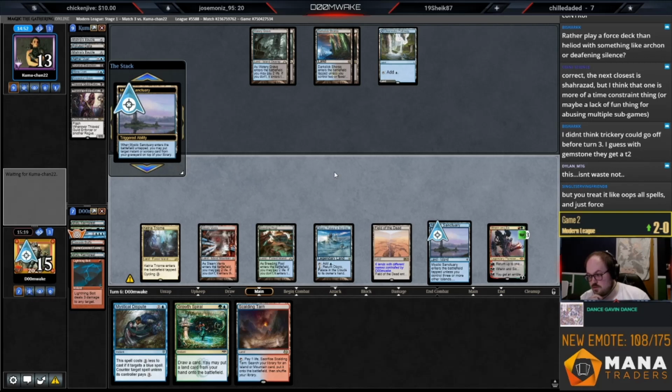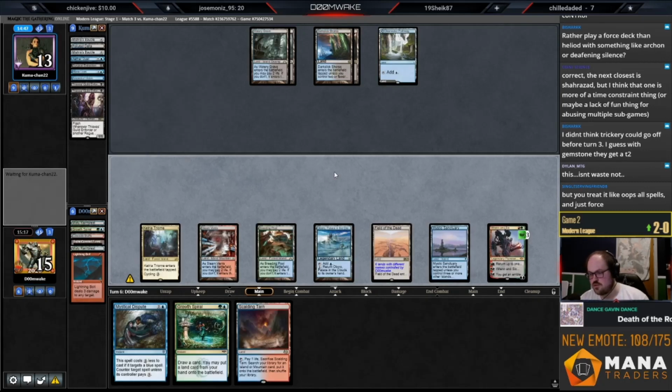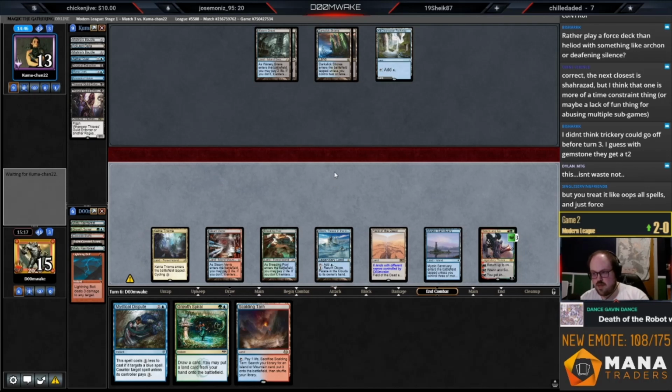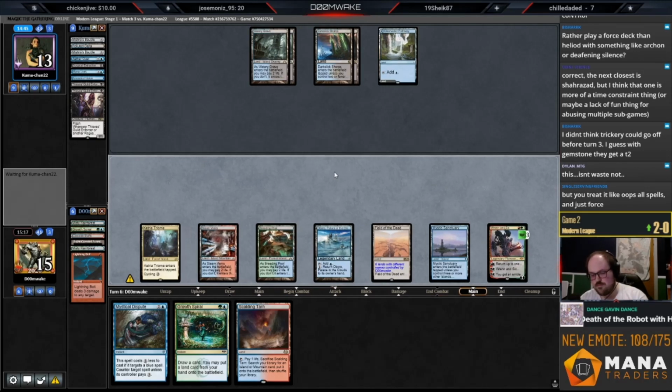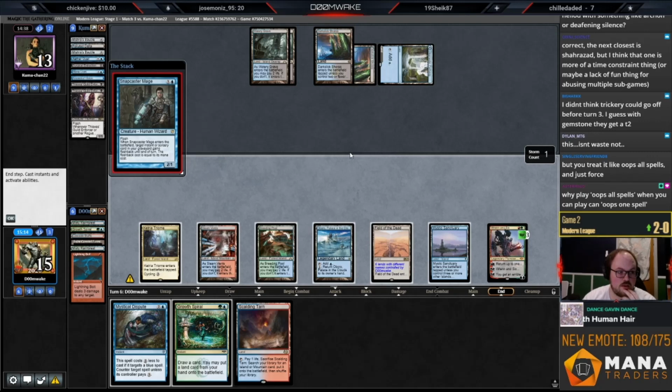Treat it like Oops All Spells and just Force. Yeah, I mean, Force isn't quite as good against the Oops All Spells decks, because obviously their combo pieces are creatures. Like, you can fight over their mana with Force, but you can't fight over combo pieces with Force, you know? So that's where I think Oops might gain. I honestly just think that the Trickery deck is worse than Oops and Belcher. I don't know, I could be wrong on that, but...